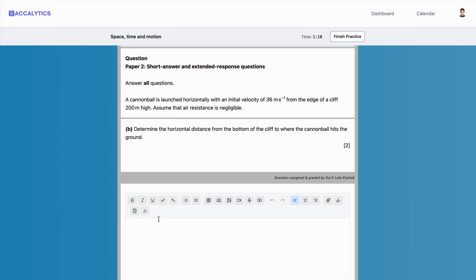And I can quickly solve this and find the time. I don't have a calculator, but I'll just leave it like that. Of course, it's going to deduct some points for that, and then I will say that the range is equal to 36 times this. Okay, so I've just scribbled a rough response to this entire question, and I'm going to use this button here